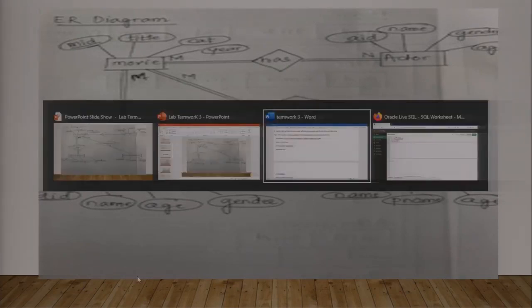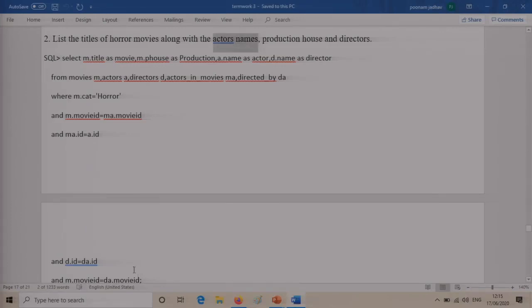So let's go back. What does it say? It has to talk about the titles of horror movies along with actor names, production house and directors. So it is talking about actors, production and also the directors, along with the titles of the horror movies.